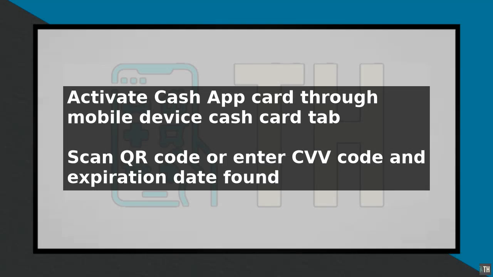To use your Cash App card for the first time, start by activating it through the Cash App on your mobile device. Open the Cash App and select the Cash Card tab at the bottom of the screen. Tap the image of your Cash Card and then select Activate Cash Card. You will be prompted to scan the QR code or enter the CVV code and expiration date found on the